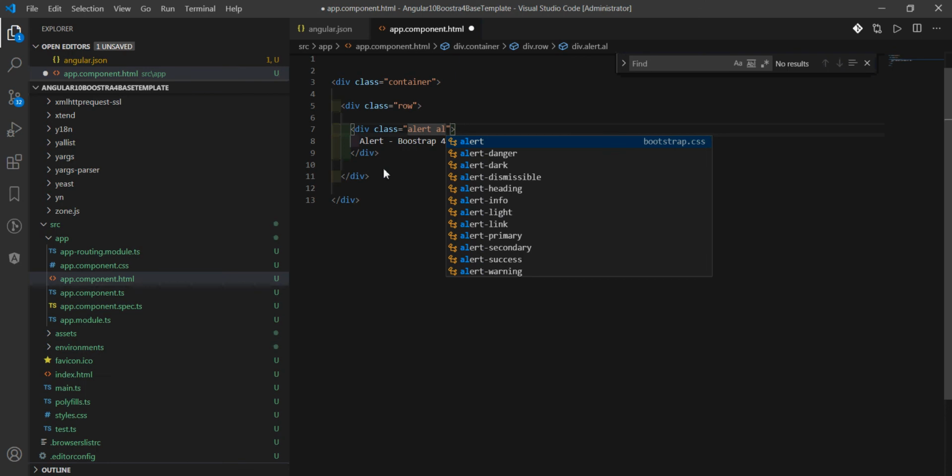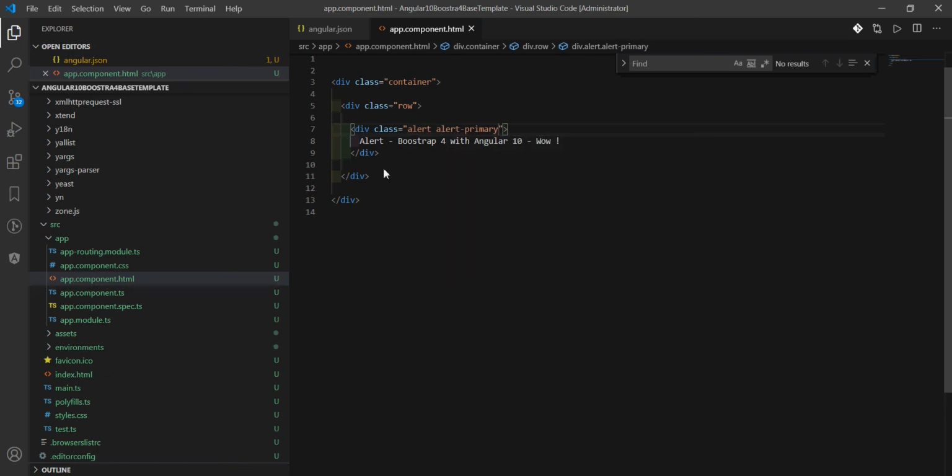Alert primary, I believe we are going to use this. I'm saving this, so it will provide the Bootstrap-related styles to us. So here it is working. You can see all the configuration and installation works properly, and you are able to see this Bootstrap styling on your UI. So with this, I believe we have covered this lecture.